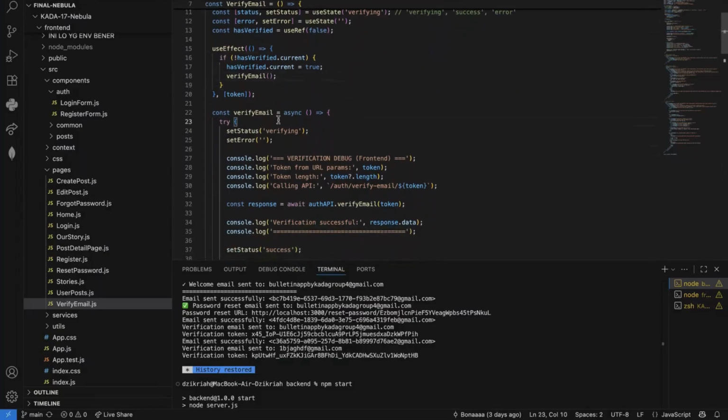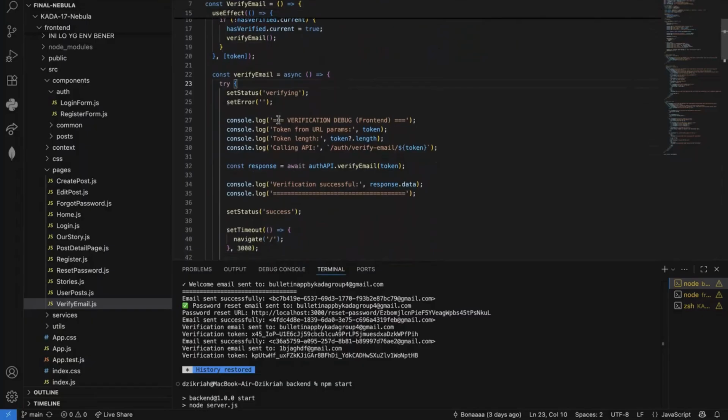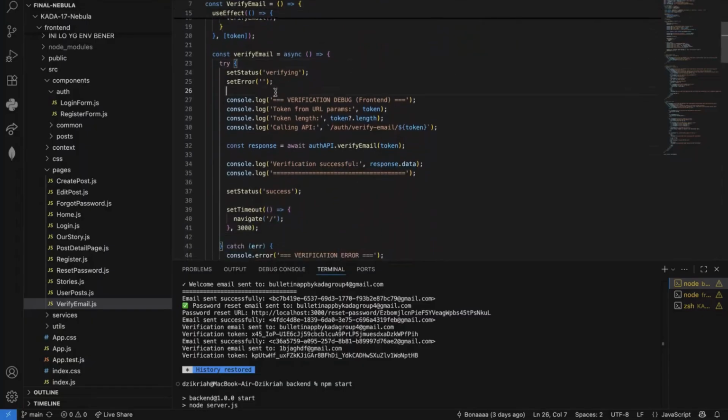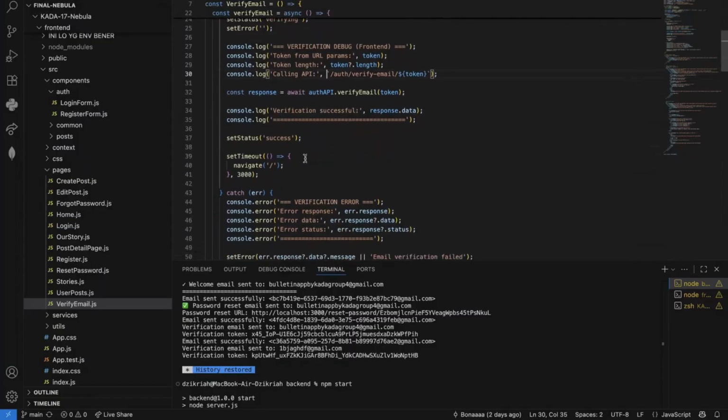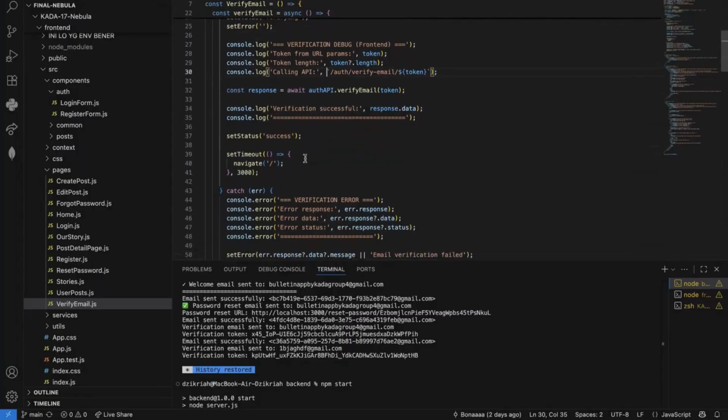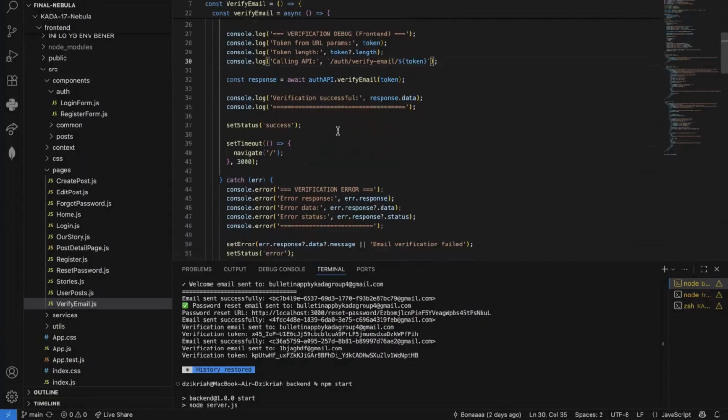And this is the verification function. Here we will call the API endpoint. And if this succeeds, it will update the status to success. And if not, it will send an error.